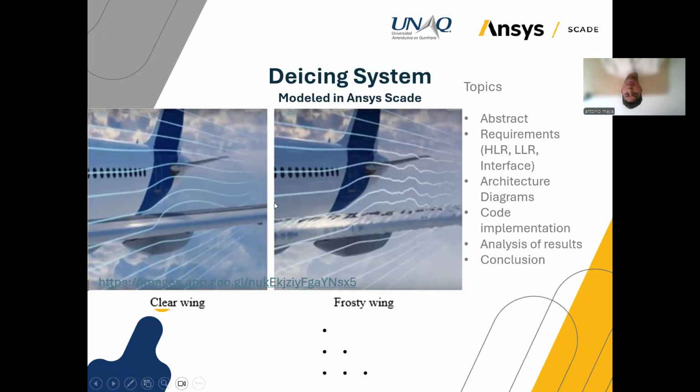So why implement this system? Because when we have the flight surfaces of the airplanes, we mostly have clear wings. So in order for the plane to fly correctly, we need to provide a control system that may adequate the